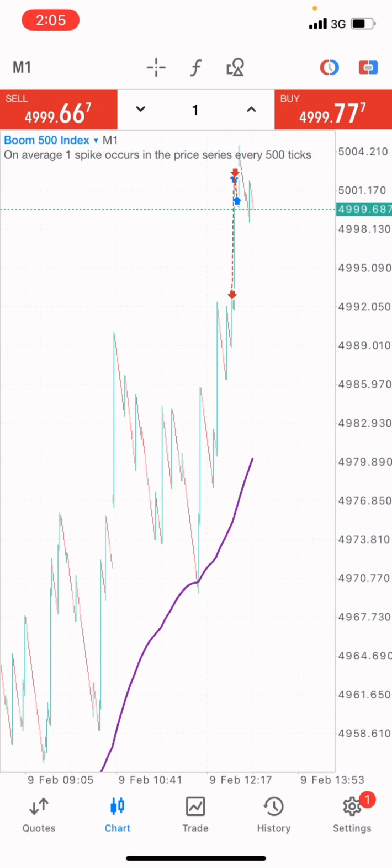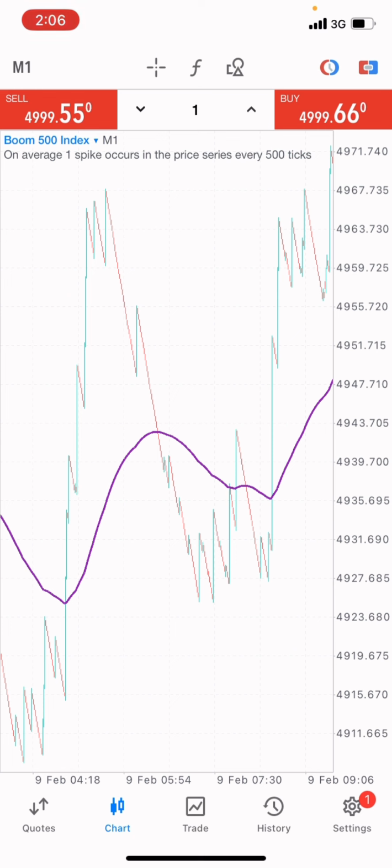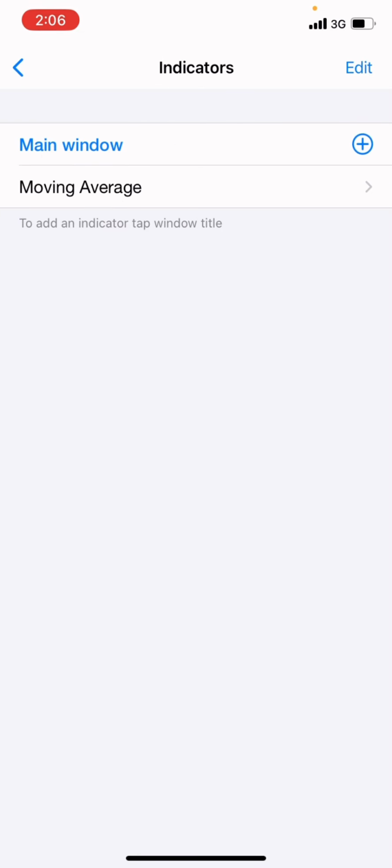All right, now we know that the moving averages help us to see the flow, right? The flow of the market, if the market is going upwards or if going downwards. Even without the moving averages, we can tell by ourselves by just studying the market. We can see how the market moves, right? But with the moving averages, we can clearly see the price movement, right? So we're going to add in the RSI indicator. So these indicators that I'm sharing with you are the simplest indicators you can use to be profitable on this